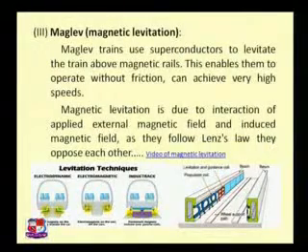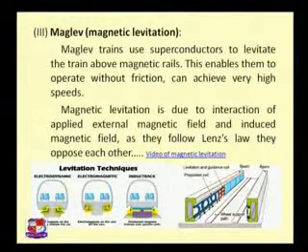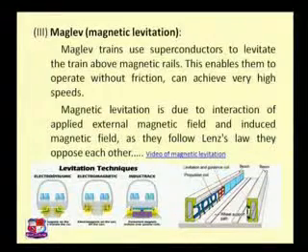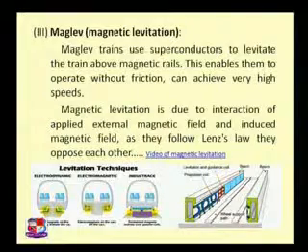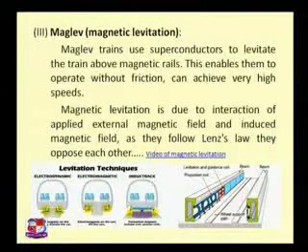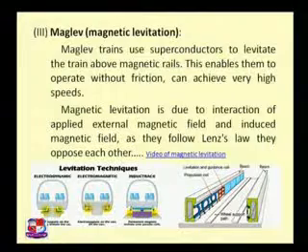This is mainly based on one principle that you have already studied. When we allow magnetic flux to pass through a cross section, it is going to induce current, but the induced current also creates a magnetic field, and that magnetic field is going to oppose the applied magnetic field. That is called Lenz's law. Whatever it is causing, it is opposing the cause itself. That law is used here to create such levitation. Levitation is a free floating condition of the material in the magnetic field.